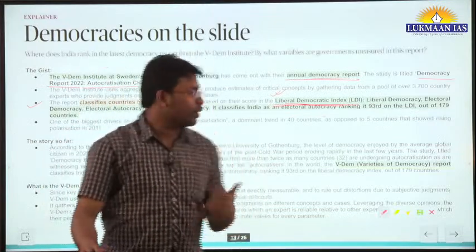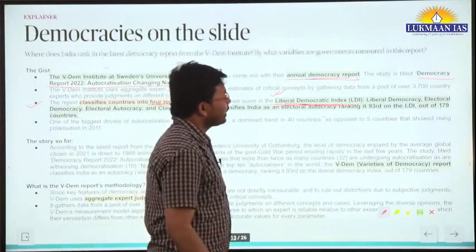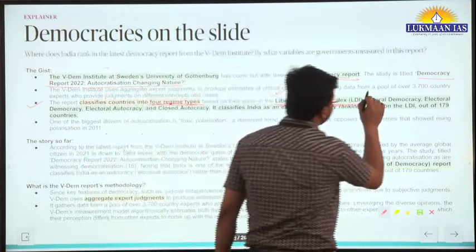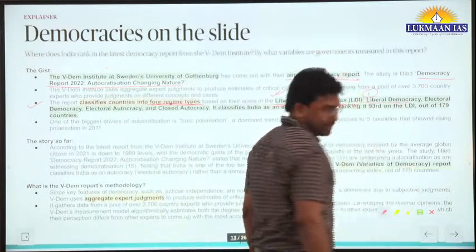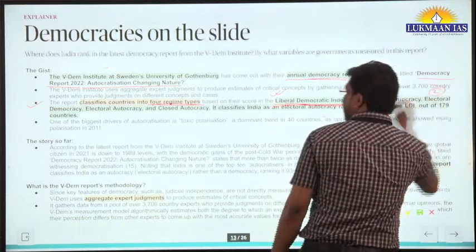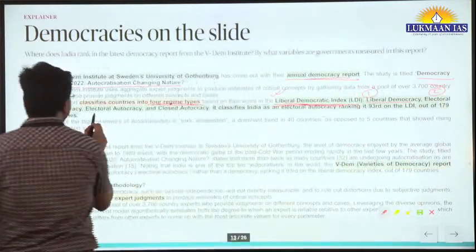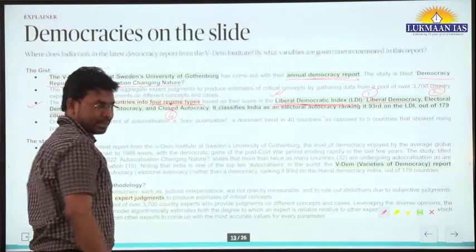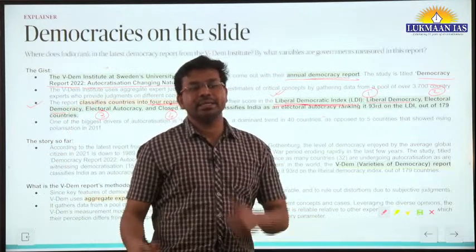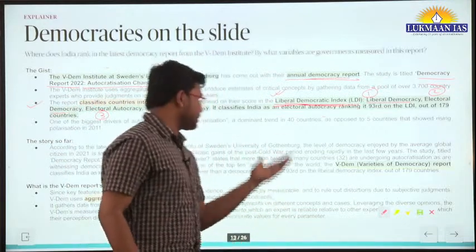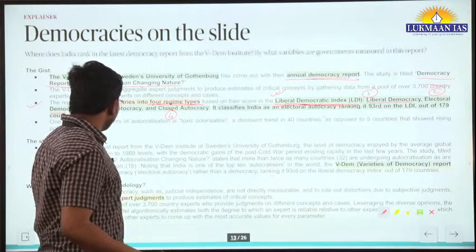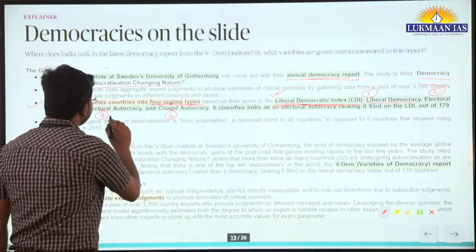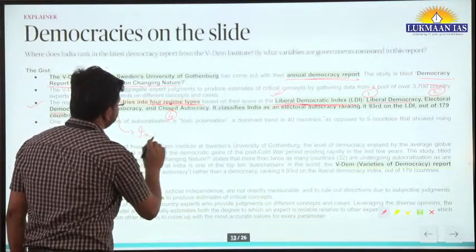We are going to discuss them, but as of now, it classifies different democracies into 4 forms. One is liberal democracy. Second is electoral democracy. Third is electoral autocracy. Fourth is closed autocracy. It classifies countries into these 4 types. India has been classified as electoral autocracy